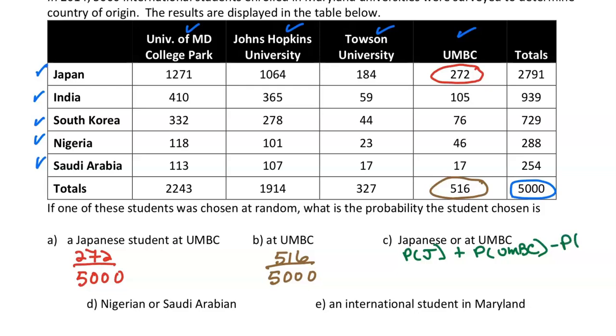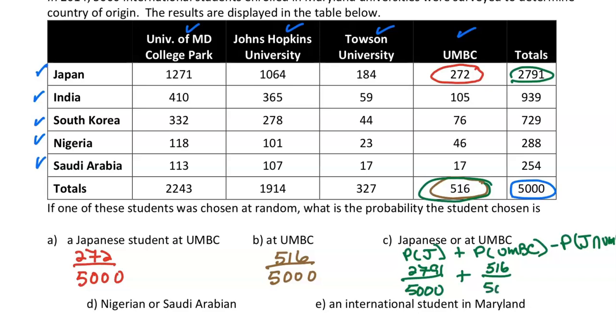Minus the probability Japanese and UMBC. So what's the probability of Japanese? There are 2791 Japanese. So it's 2791 over 5,000 plus the probability of UMBC. There are 516, right,